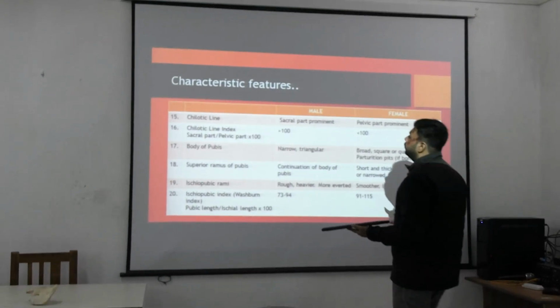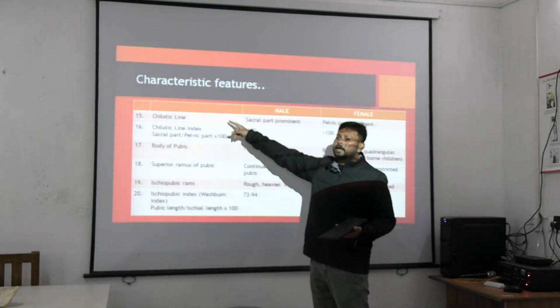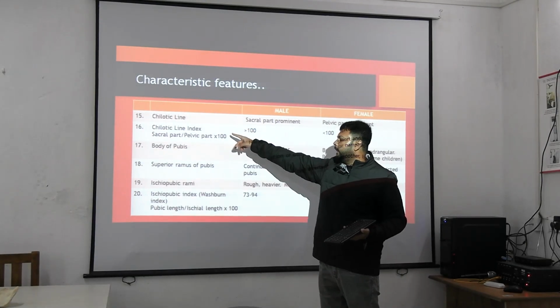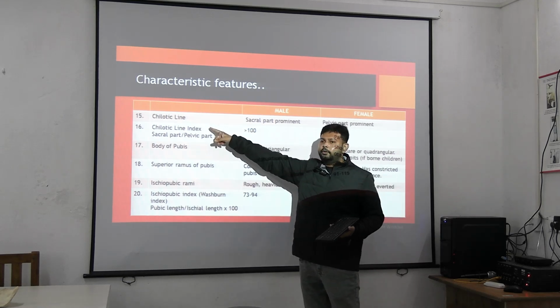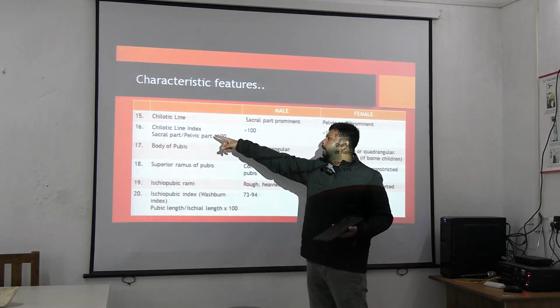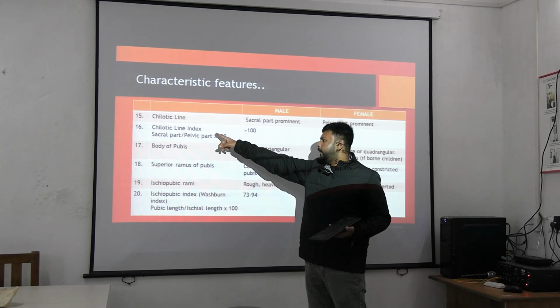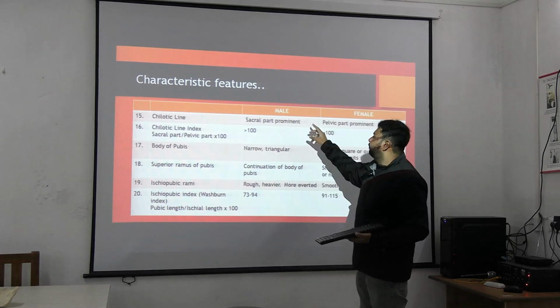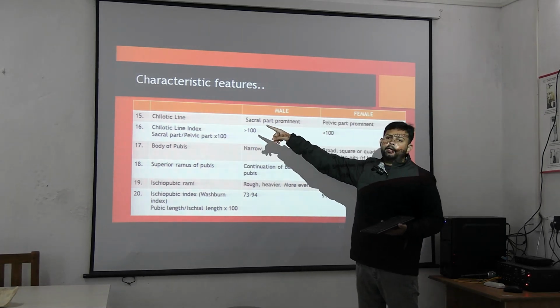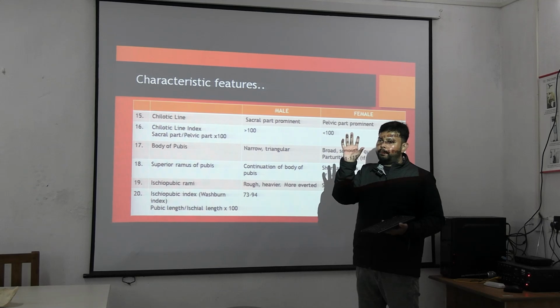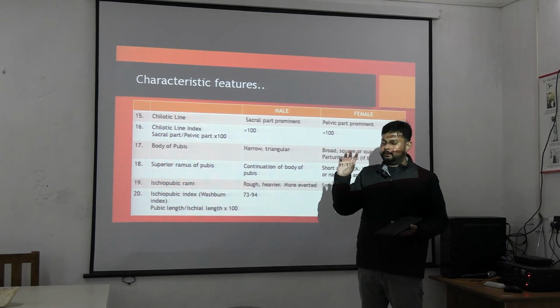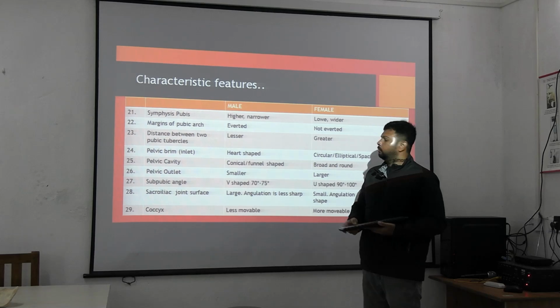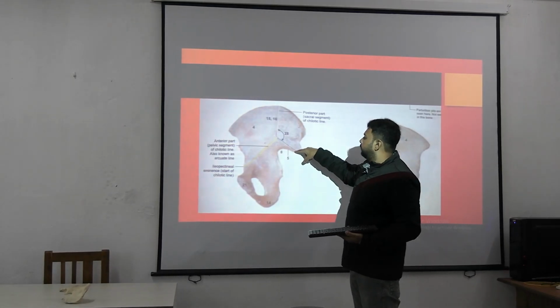Now coming to the kylotic line, kylotic line index. First look at these names by looking at the picture. Kylotic line index. Okay. The kylotic line has two portions, one is the sacral portion and another is the pelvic portion. Here I will show you. This line that you see,